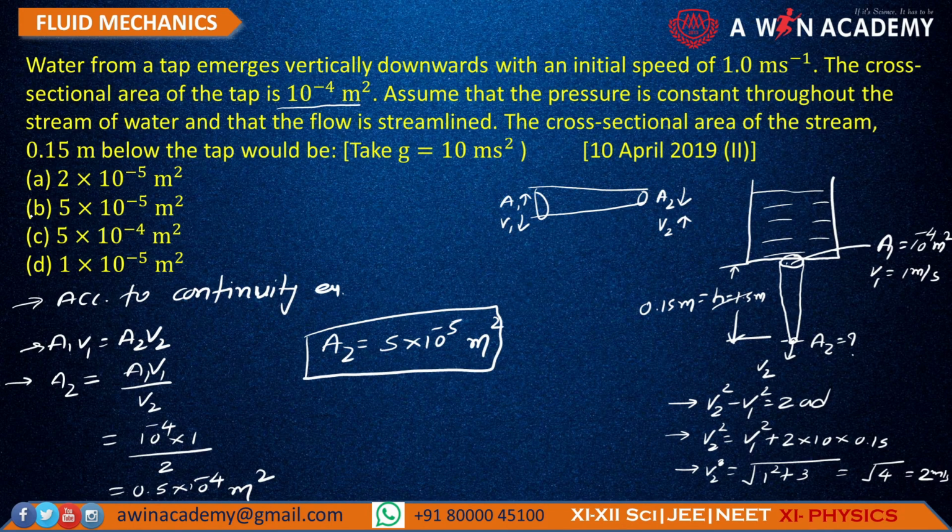Here you can see the correct option is D, 5 into 10 raised to minus 5 meter square. तो इसी के साथ हमारा ये प्रॉब्लम भी कंप्लीट हुआ। लेट्स मूव ऑन अनदर प्रॉब्लम।